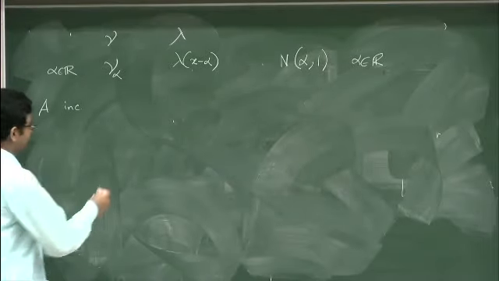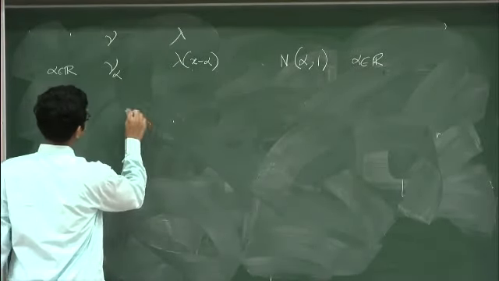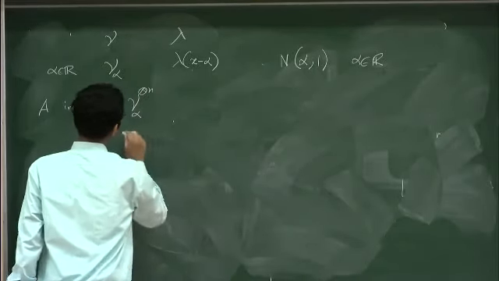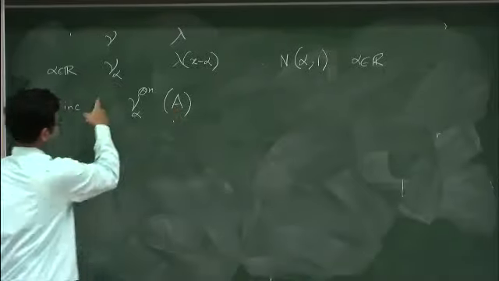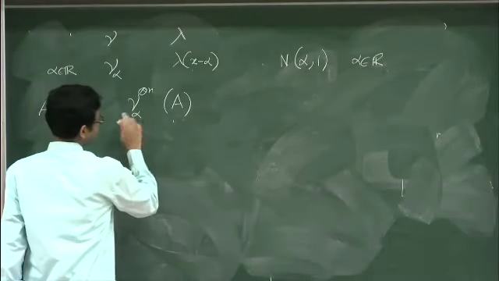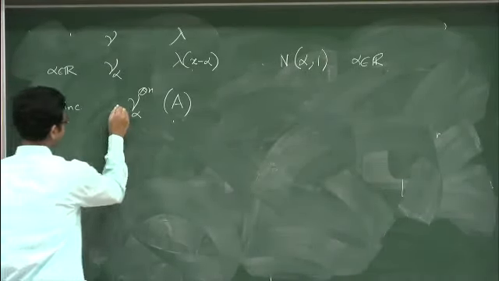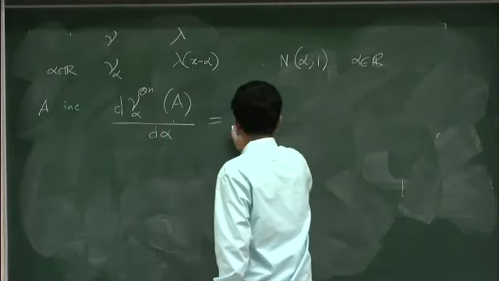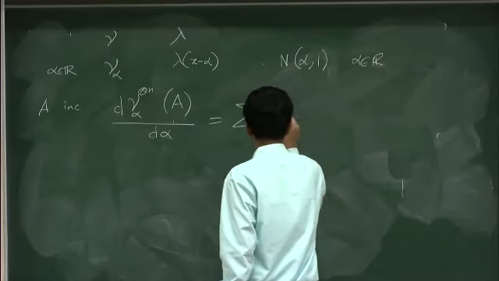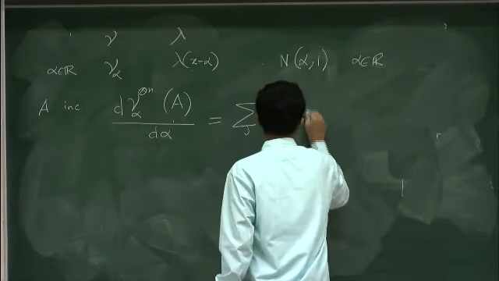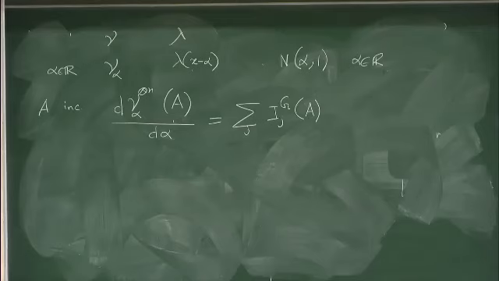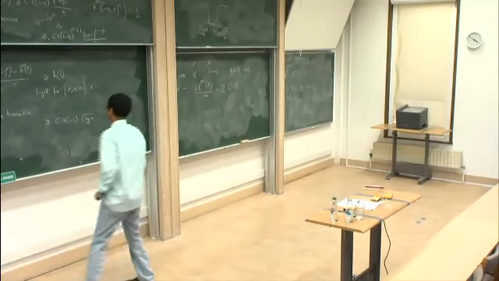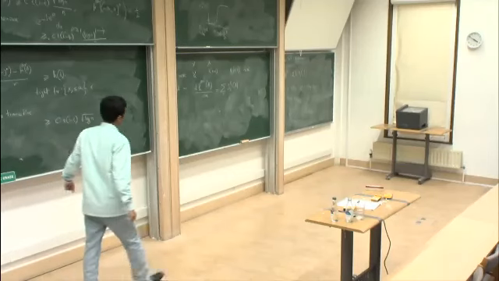Now suppose A is increasing, and then we can consider the measure of this set A under this product measure nu alpha, and one can show that it is an increasing function of alpha, and actually one can easily compute its derivative, and it turns out to be the sum of the geometric influences of A. And so coupled with our, at least for the Gaussian case, coupled with our KKL type result, this implies a